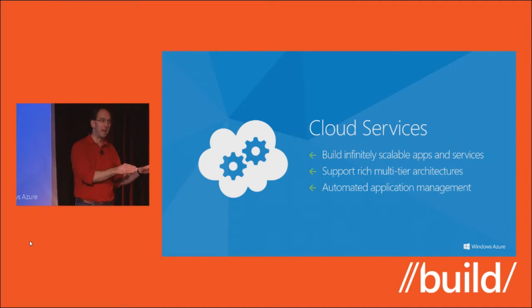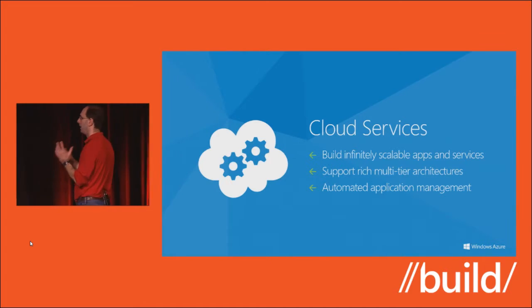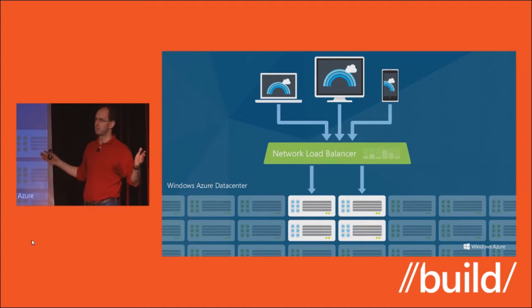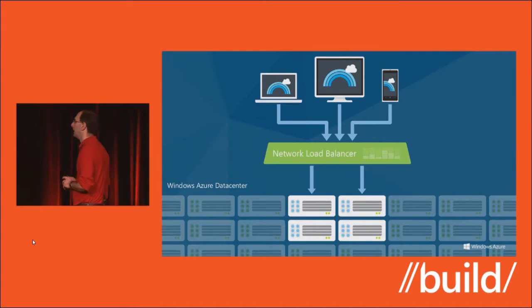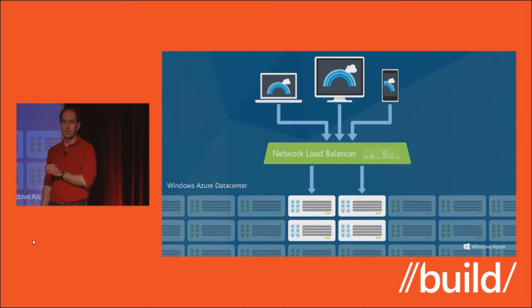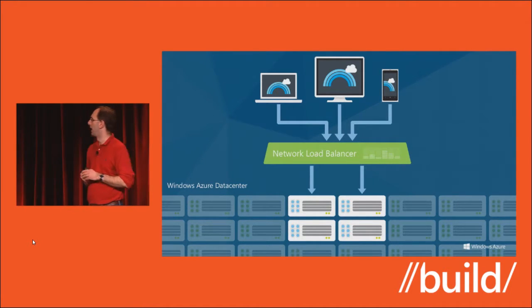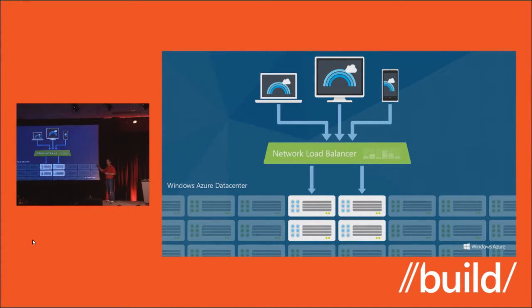So you don't have to install patches, you don't have to install your own custom packages. We give you a nice way that you can automate it and stand it up, and then regardless of whether it's running on 2 machines or 100 machines or 1,000 machines or 10,000 machines, you can scale it up and scale it down however you want. We also provide a network load balancer built in to cloud services, so you can direct traffic to them. And a cool thing you can do within a cloud service is indicate whether or not the role is healthy or not. If you say, for example, I'm having problems, the network load balancer will automatically take you out of rotation and start sending traffic to other ones.